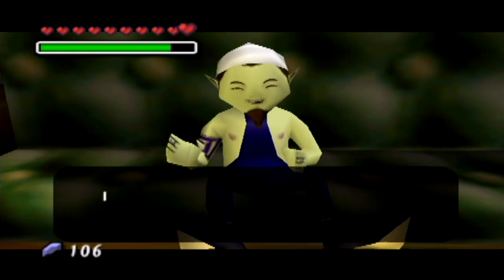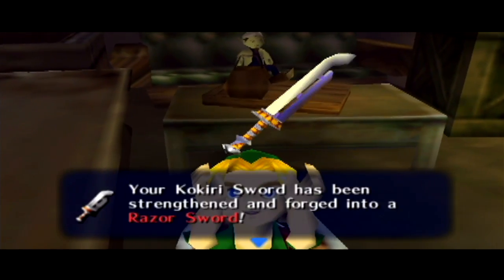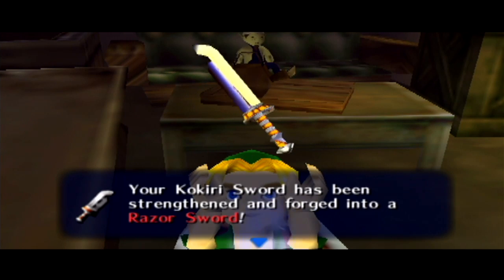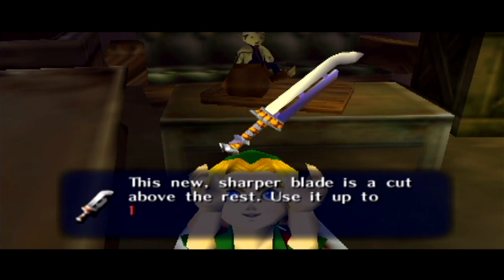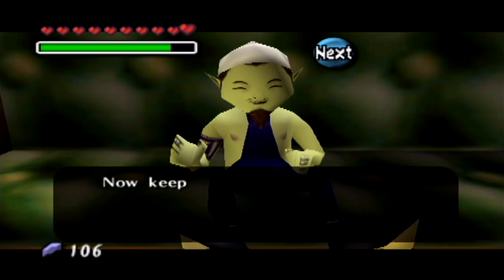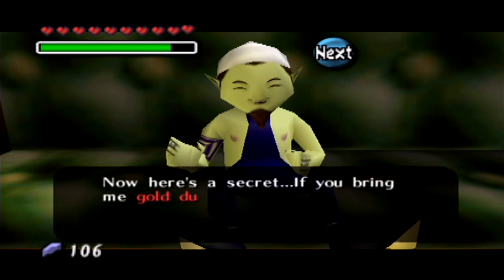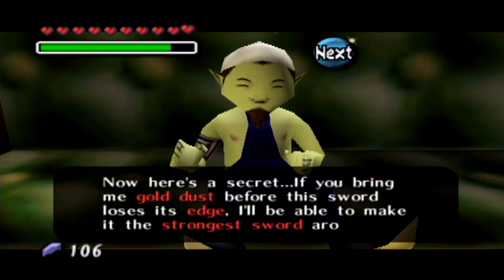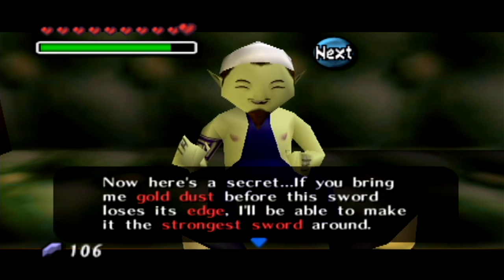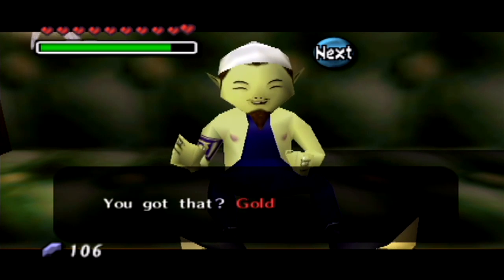Alright, let's speak to him. I kept you waiting, but it's done, see? We get the Razor Sword, the coolest looking sword that has ever existed in any Zelda game! And it sucks. We can only swing it 100 times without it dulling its edge, and then it just turns into the Kokiri sword again. Yeah, isn't that really lame? It does more damage, but he says there's a secret. If we bring him a gold dust before the sword loses its edge, he'll be able to make it the strongest sword around. He's actually wrong. It's only the 3rd strongest sword in the game, but